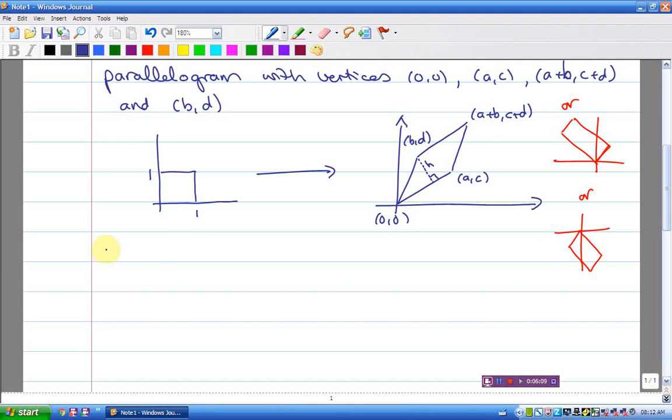Okay, so what is the area of the parallelogram? Well, the formula for the area of a parallelogram is length times height: the length of your base times your perpendicular height. The way I've drawn it, the length of my base is the modulus of the vector AC. And then my height,